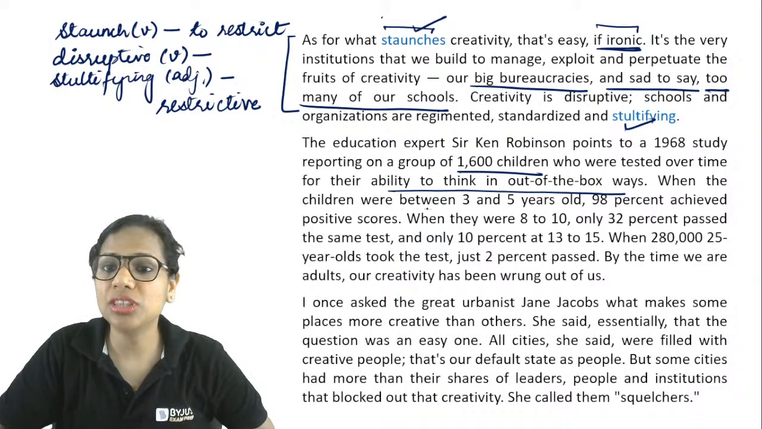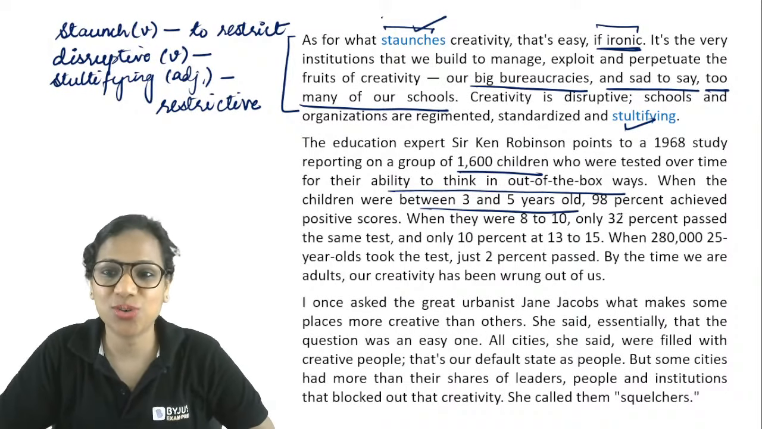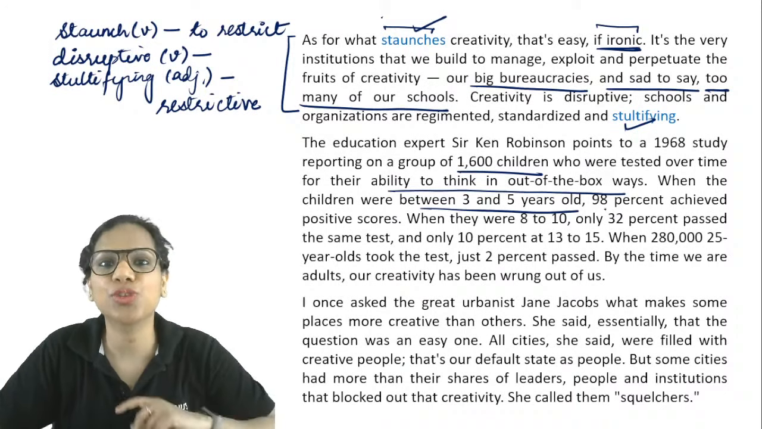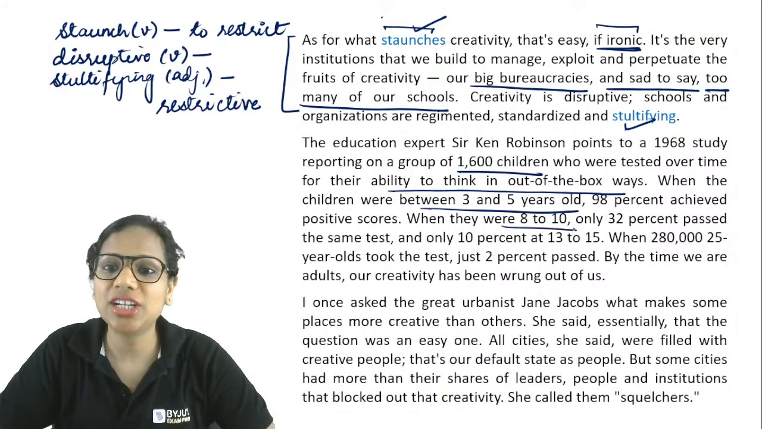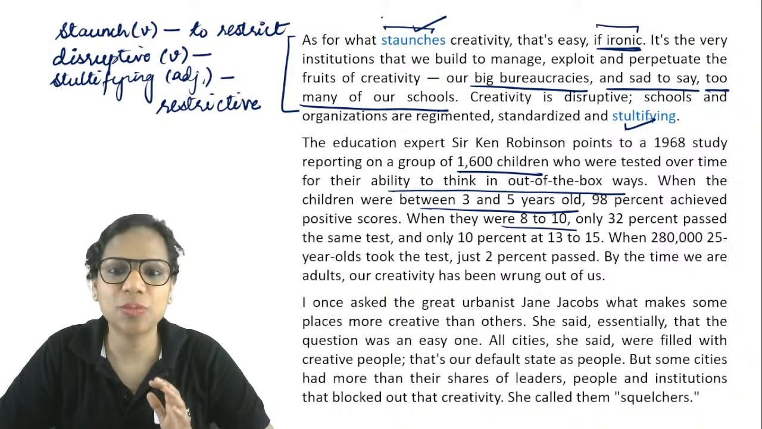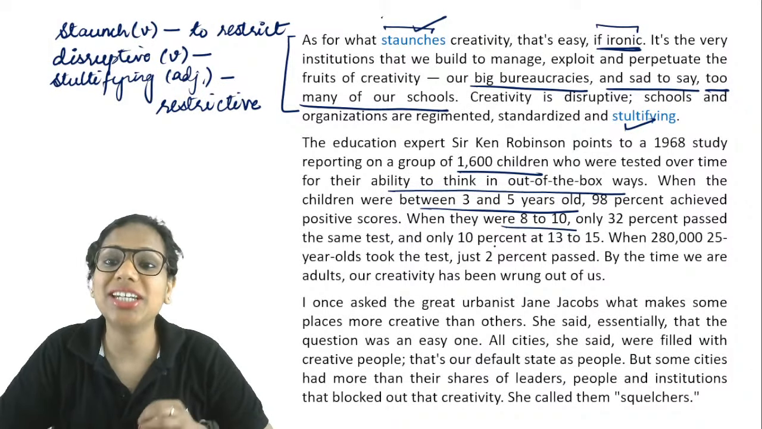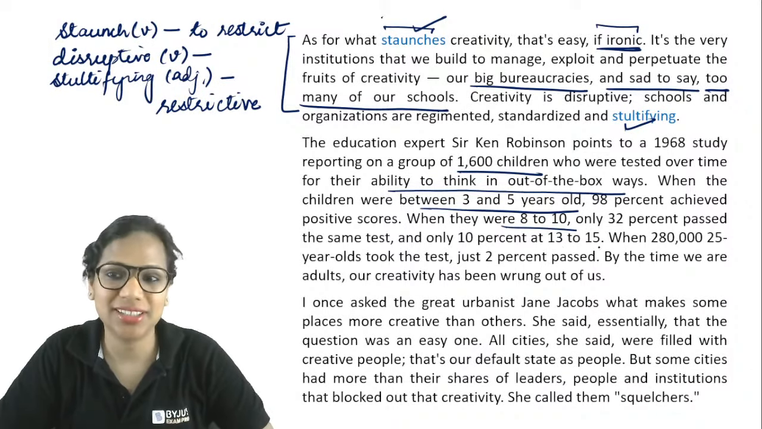When the children were between 3 and 5 years old, 98% achieved positive scores. 98% thought in out of the box ways. When they were 8 to 10, only 32% passed the same test, and only 10% at 13 to 15. When